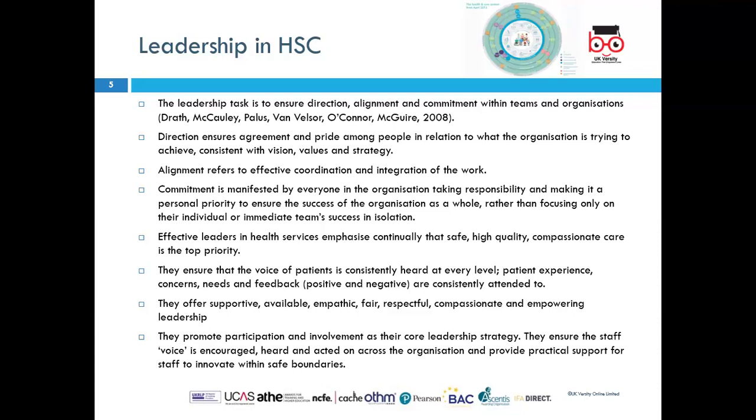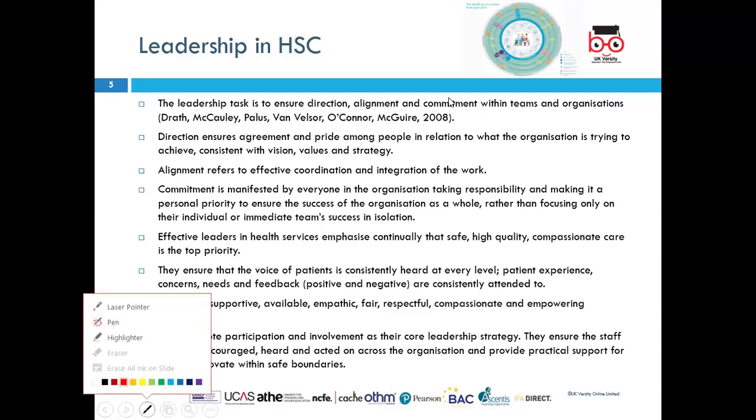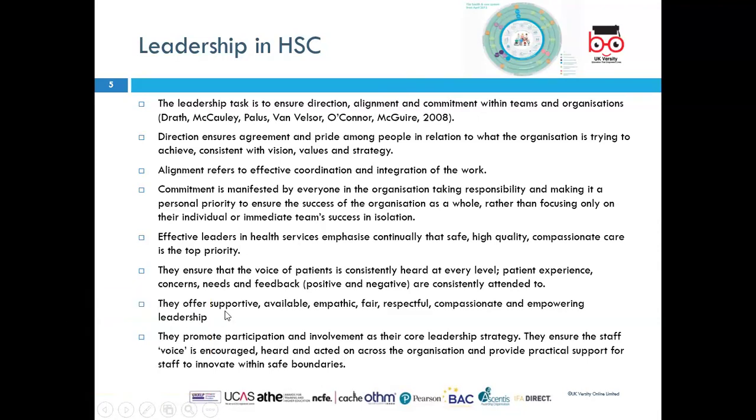What is alignment? It is the effective coordination and integration of work. So you need to coordinate work. Obviously, it's not possible for everyone to do all of the work. There'll be different people who will have different tasks and responsibilities. As a manager or as a leader, it's not possible for you always to go and focus on what people are doing and what they're not doing. Sometimes it's possible, sometimes it's not. So how does it work best? We'll talk about those strategies.